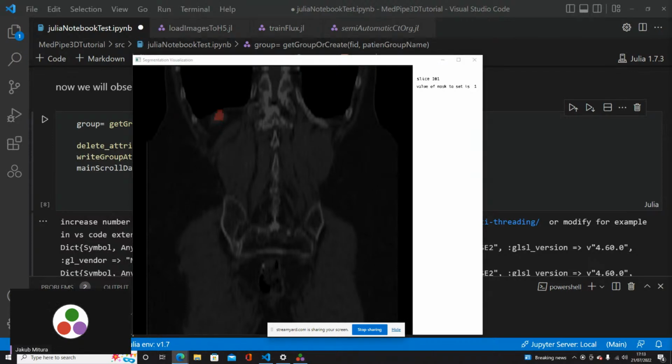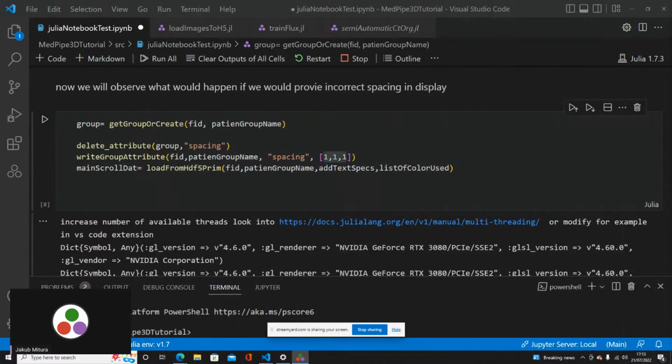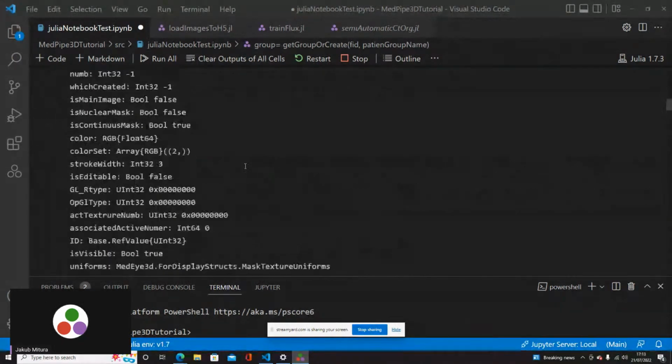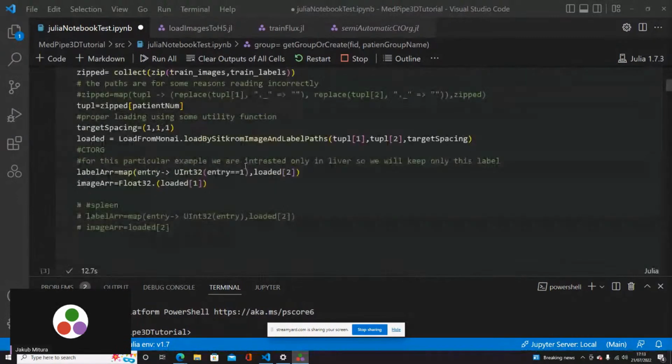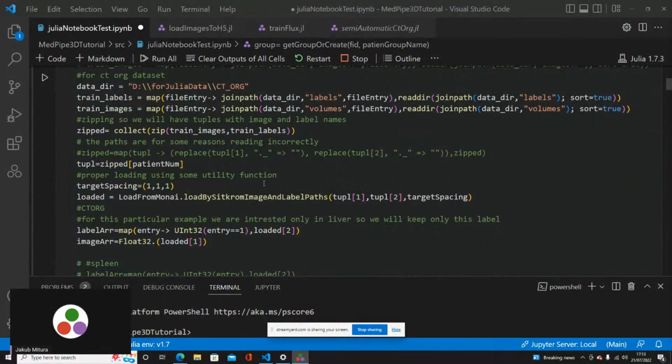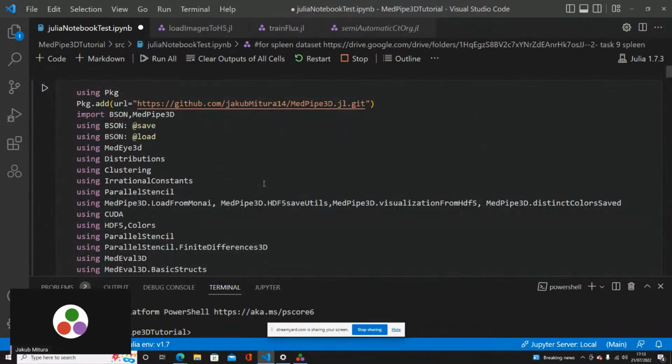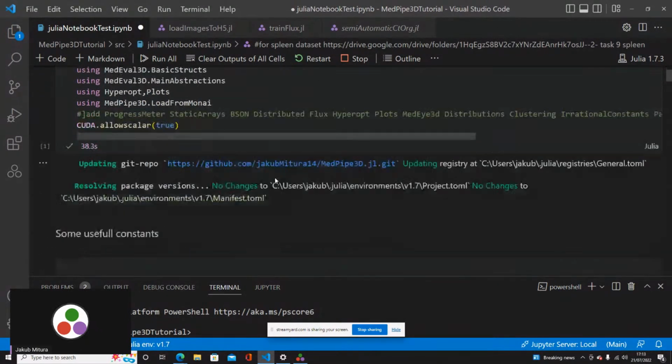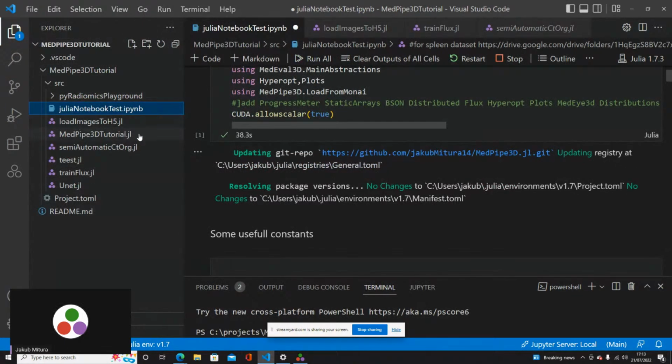Okay, I see some question. Okay, NumPy not available. It's strange, but okay, wait a moment. You can try. Semi-automatic.